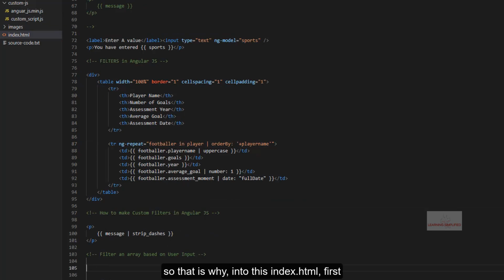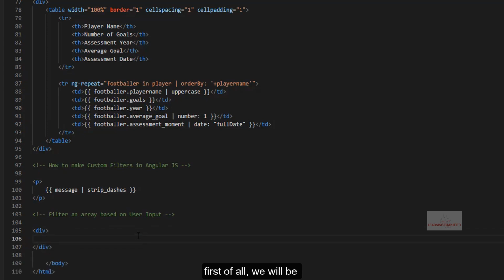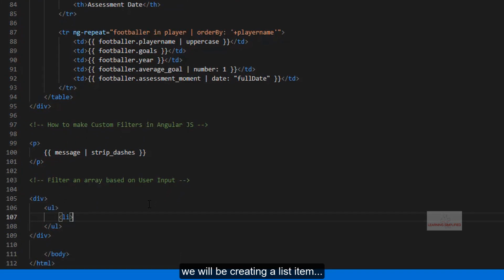So into this index.html, first of all, we will be creating a div element. First of all, we will be creating an unordered list. Next, we will be creating a list item. There it goes.